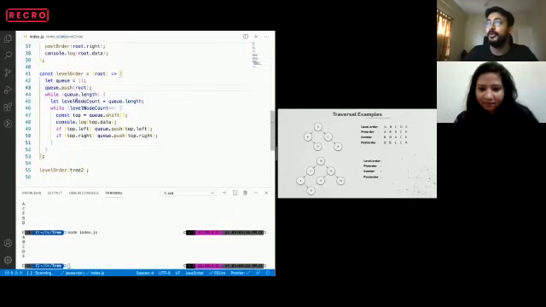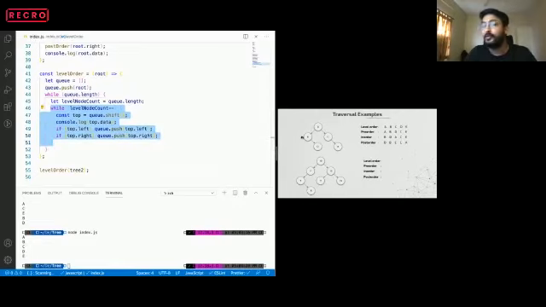We are doing it in O of n. If you see, we are running the outer loop till the time the queue is not empty, correct? And the inner loop only runs for each level. When we were on level 1, we ran it one time. When we were on level 2, we ran it twice, correct?